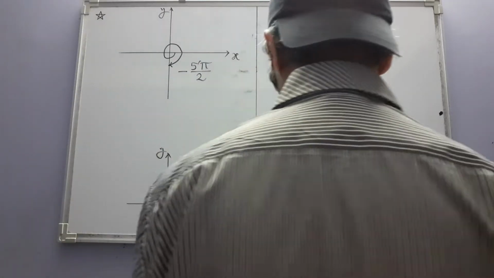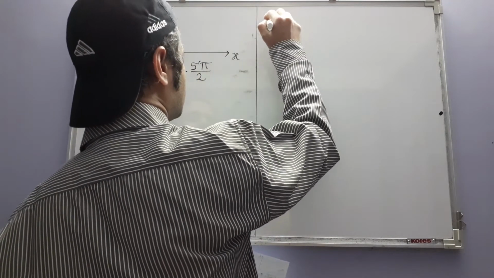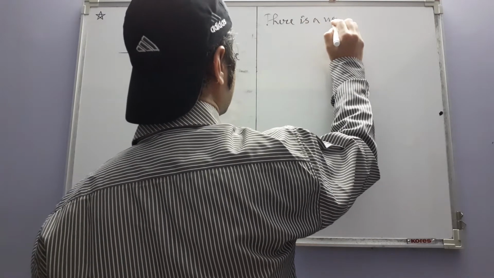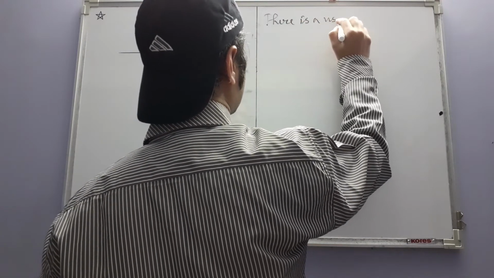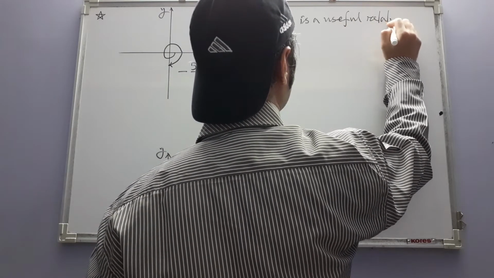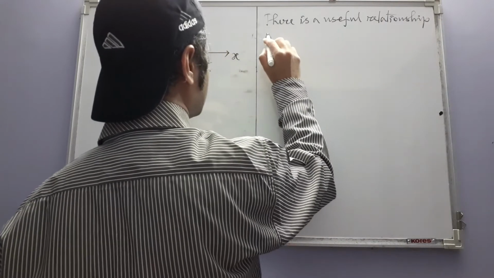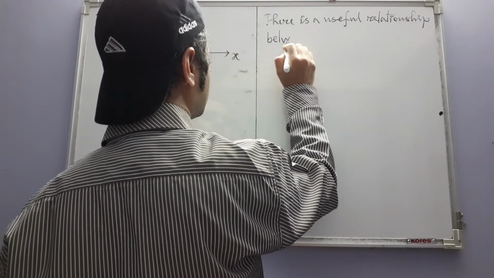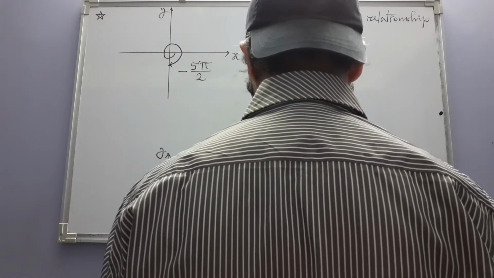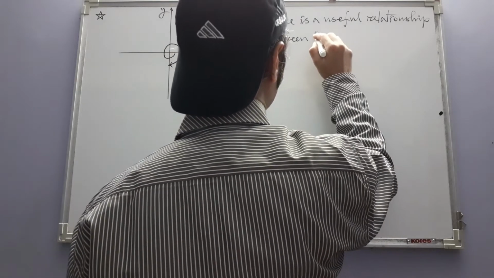So that is the next thing. There is a useful relationship between the radian measure of an angle, or the length S of an arc AB